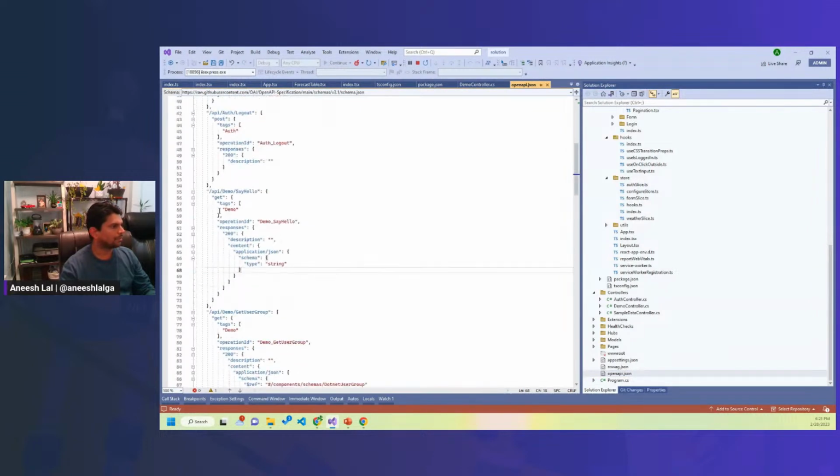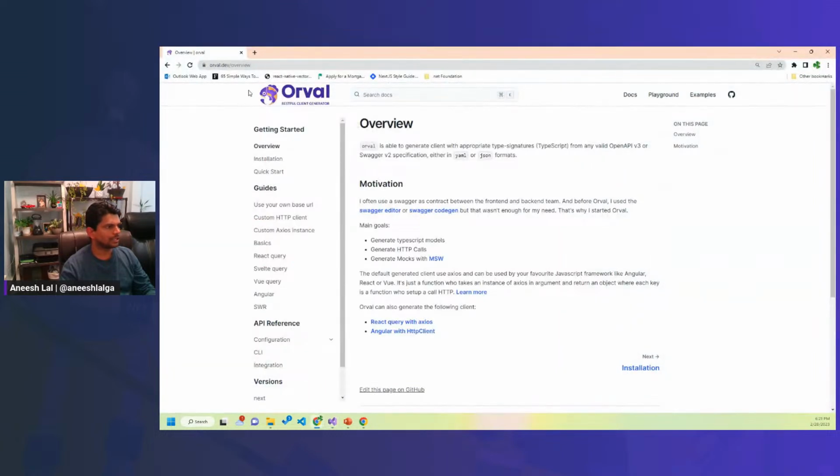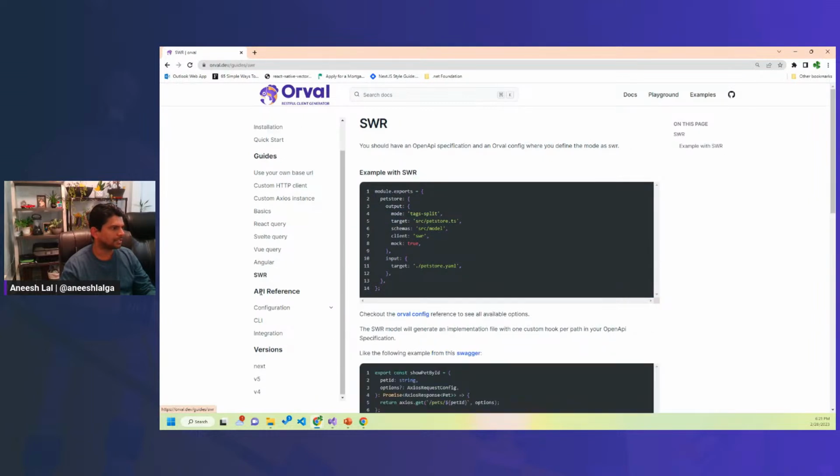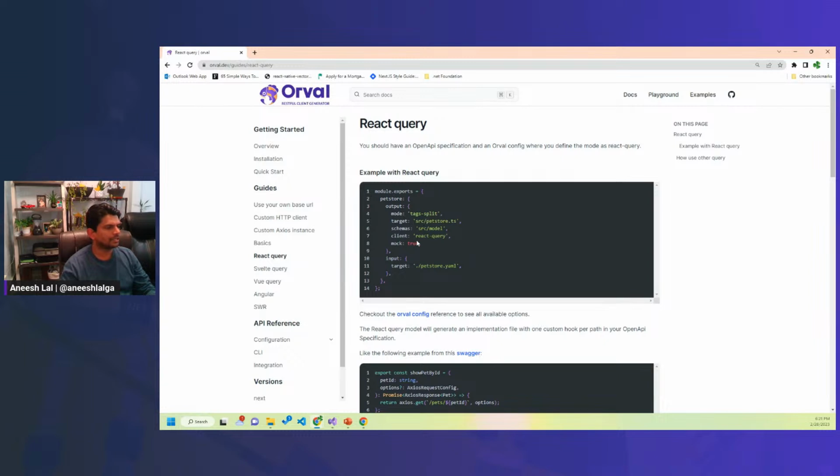You remember this OpenAPI JSON file we talked about, right? So this tool is capable of taking this JSON file and spitting out the React Query, which is, we were showing that useQuery, or React Query, spitting out React Query for you. It is not only able to spit out React Query, it can spit out Angular Query, it can spit out SWR query or any of that type. So what we generally do is we actually spit out React Query from it, right? So how we do it with this tool is